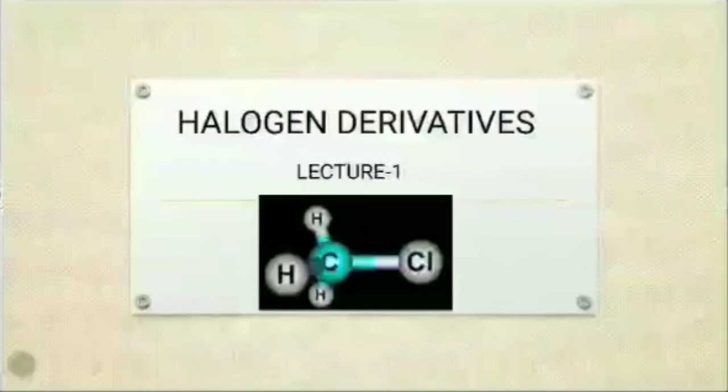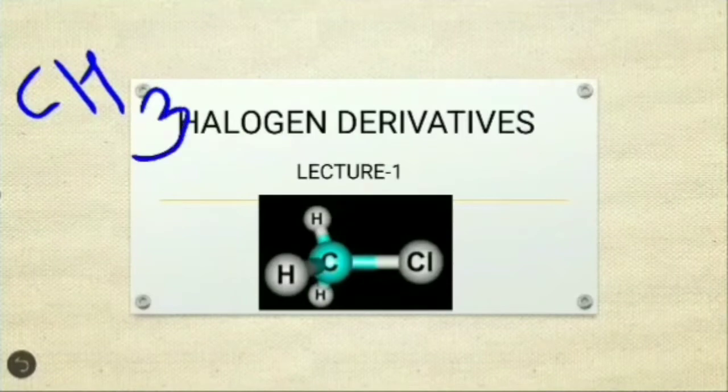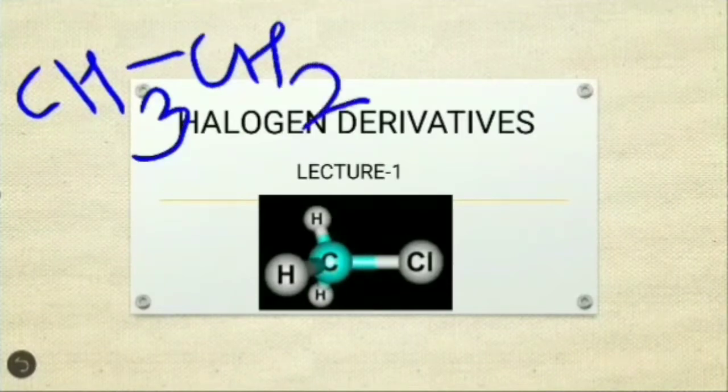Everyone, today we will start our 10th chapter of class 12 chemistry, that is halogen derivatives. Before going on to halogen derivatives, we should know what is a hydrocarbon. The parent family of organic compounds containing carbon and hydrogen, such as CH2=CH2, CH3-CH3, ethene, containing carbon and hydrogen. Replacement of a hydrogen atom in an aliphatic or aromatic hydrocarbon by a halogen atom results in the formation of halogen derivatives. In this chapter, we will study the halogen derivatives in a systematic way.